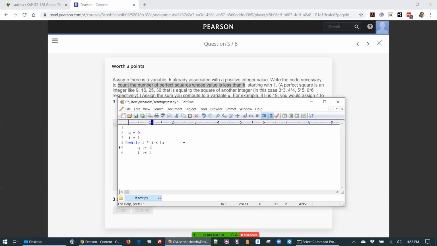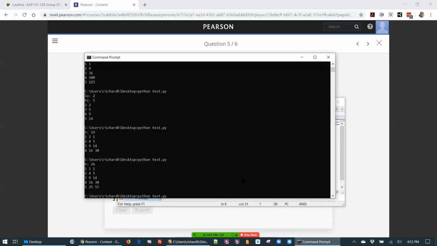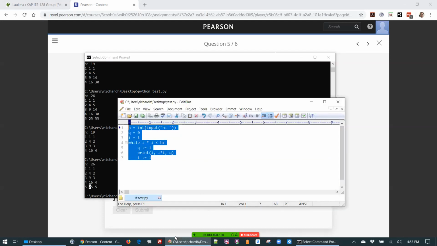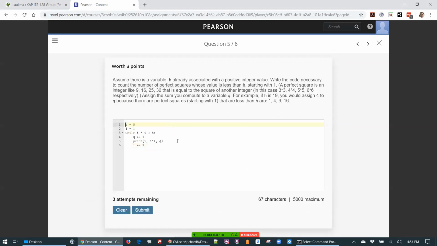Let me see. We want to input an h. H equals int input h. And let's print this out right here. Print I times I and q. And let's see what this looks like. And for h, let's do 19 again. And it stops here, we get 4. If we do 26, we get 5, because there's 1, 2, 3, 4, 5 perfect squares under 26. So we would probably only need to paste in this, we don't need this, and we wouldn't need this. So something like that. You can try that